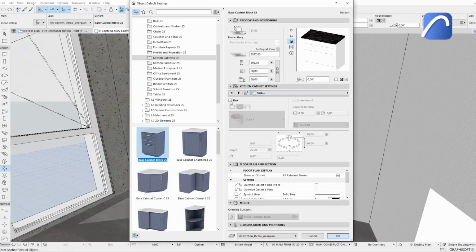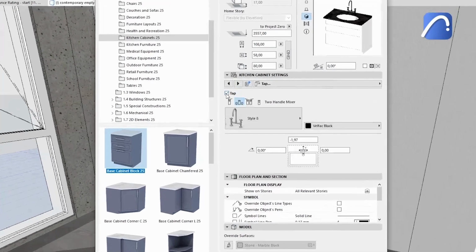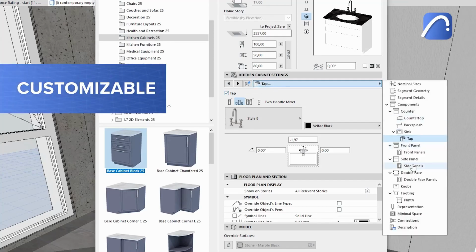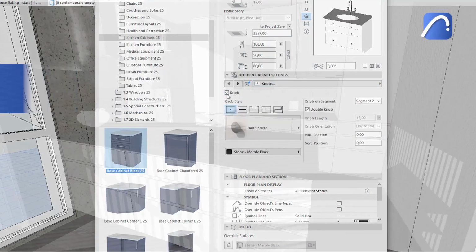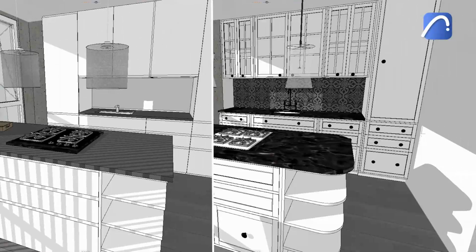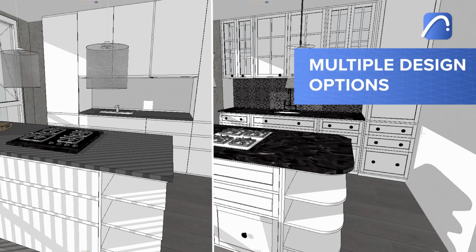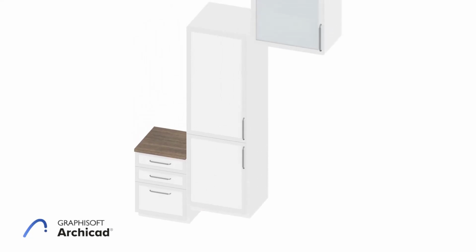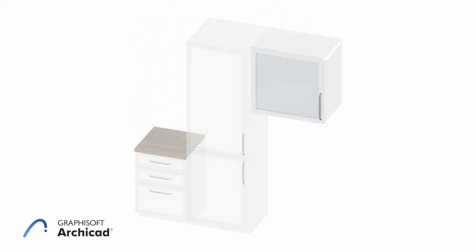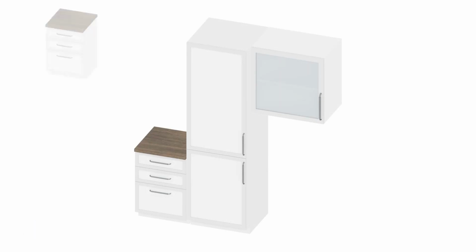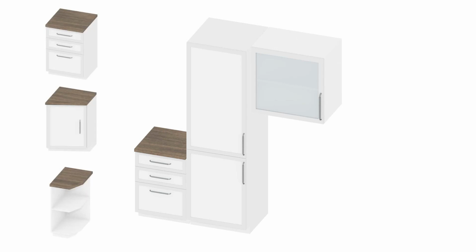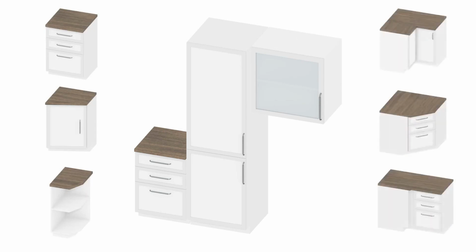Thanks to Archicad's continuously expanding 3D object libraries, and especially the highly customizable modular kitchen cabinetry, it's easier than ever to design kitchens that offer clients multiple design options to choose from. Kitchen cabinet elements are grouped by their spatial arrangements into 3 main categories: base, standing, and wall. Cabinets are further grouped into different geometries. For example, block, chamfered, closing, L, C, or S-shaped elements, making it easy to choose the one that best fits